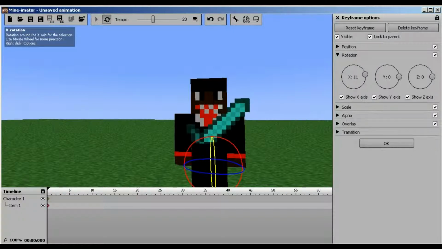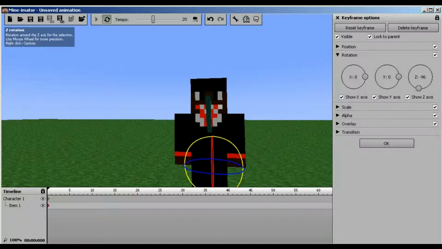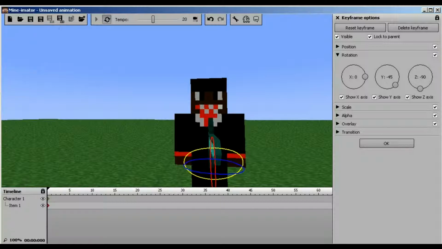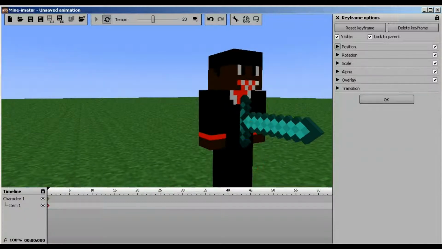Let's change this a little bit. This is the wrong axis, so let's go to Y, and change that there. That looks good. Not yet, but